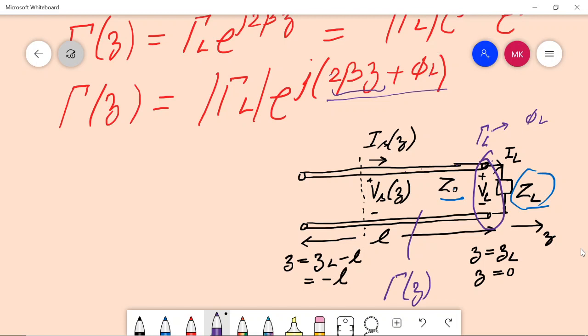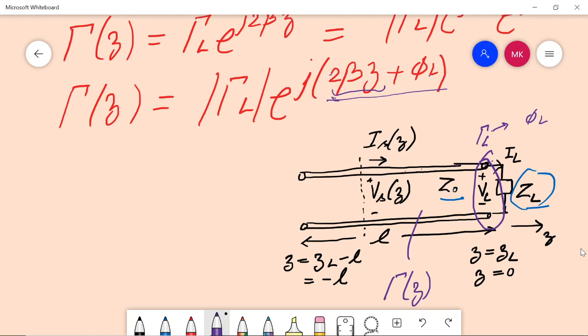So in general, for simplicity, we'll use a lossless line, so you can easily find the magnitude. Low loss lines also have the same property. However, the magnitude may also decrease somewhat. But this is a very important result. If you know this gamma L, you can find the gamma Z, keeping in mind that the magnitude remains the same, however the phase may change, and the phase may repeat over this line.